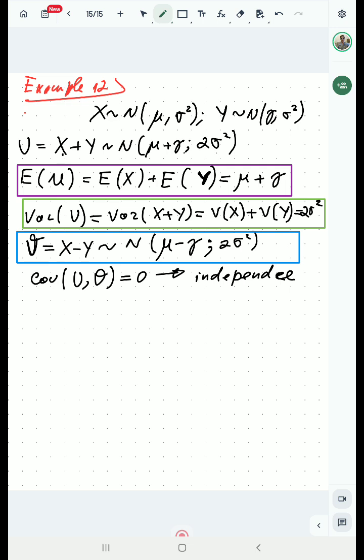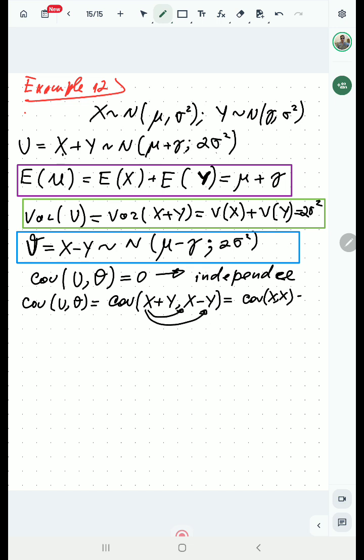So now let's do that. What does covariance mean? The covariance of u and v is actually equal to the covariance between x plus y and x minus y, right? So we can rewrite it, we know that covariance is also linear, so we can say this is equal to the covariance of x with itself. So we are basically taking these two terms first, then x and y with a negative sign, the covariance of x and